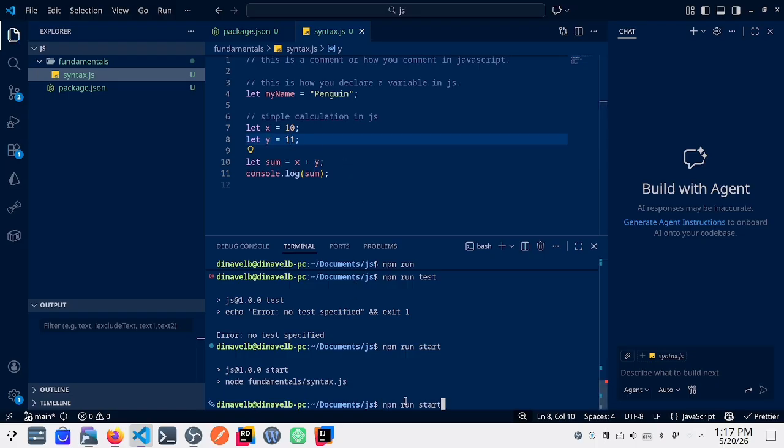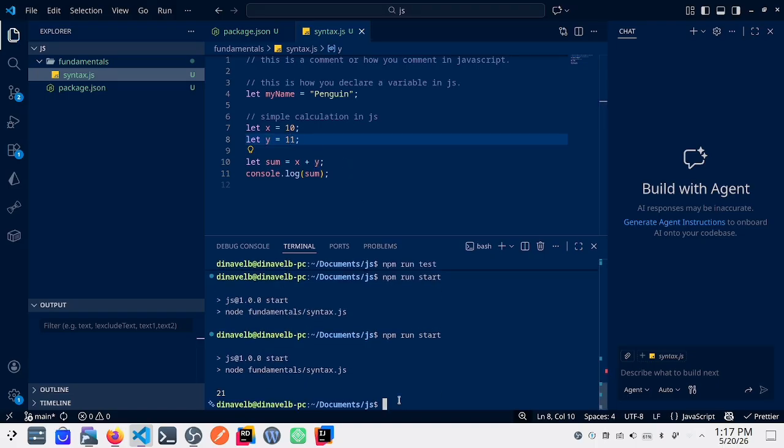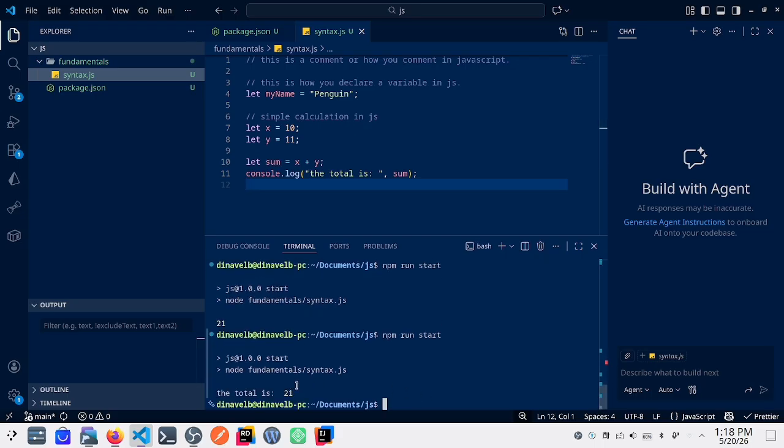And here we can just npm run start, and you can see the total of the variables x and y. Let's add a label: the total is, and let's test that. The total is 21. Okay.